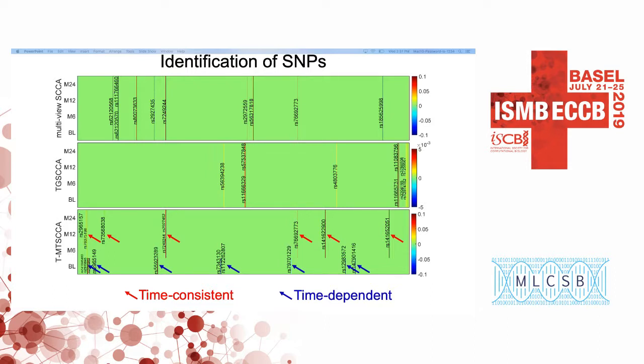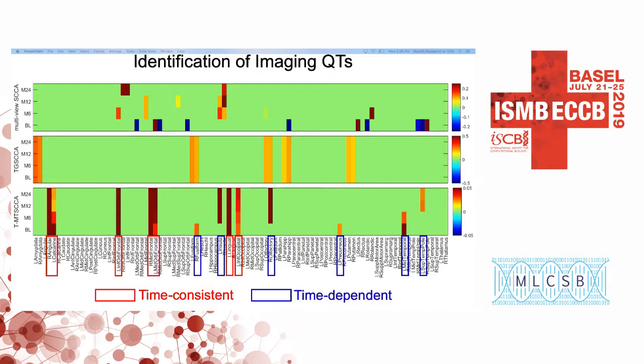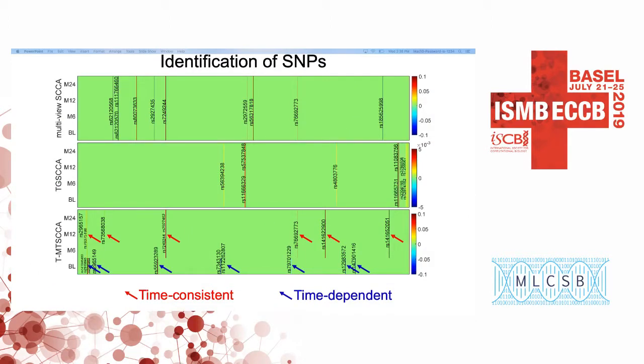Both the multi-view and TGSCCA can only find the time-consistent SNPs. This means they can only find the SNPs that play roles during all time points. They cannot find the time-dependent SNPs. But for our method, both the time-consistent and the time-dependent SNPs are found at the same